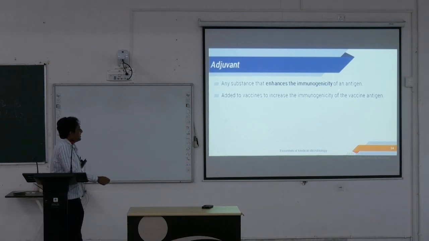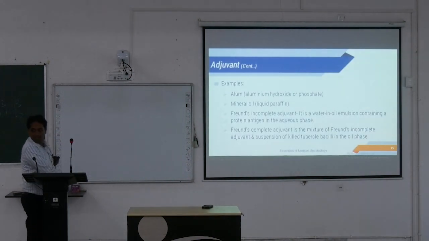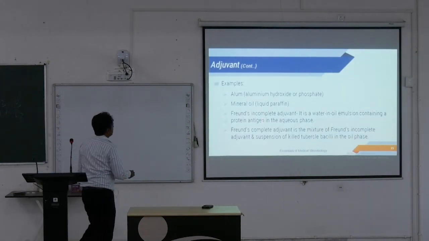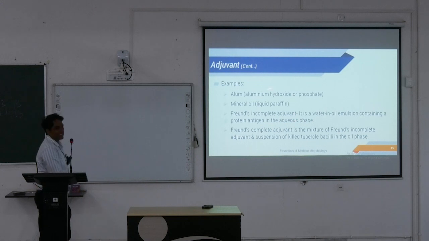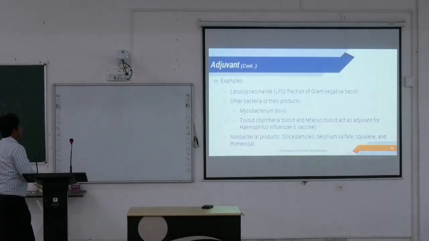Any substance that enhances the immunogenicity of an antigen. These are added to vaccines to increase the immunogenicity of the vaccine antigen. কি কি এক্সাম্পল হয়? অ্যালাম, মিনারেল অয়েল, ফ্রয়েডস ইনকমপ্লিট অ্যাডজুভেন্ট, এইটা ধরে মুখস্থ করতে হয়, এটা পড়ার মতো কিছু নেই।